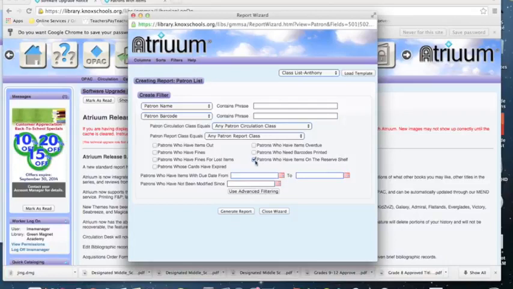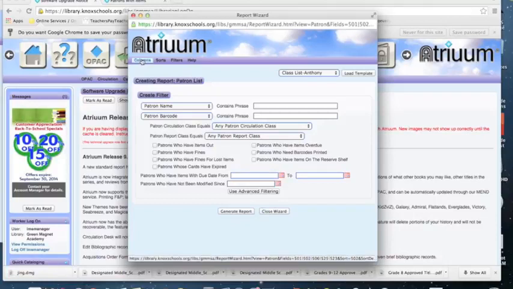I may want to know about all of my patrons who have reserves, but who also have items overdue. I can select multiple things here. I could run a report based on students who have a specific due date range, and I could set that here. And so you can see there are a lot of options, but there are even more options up here